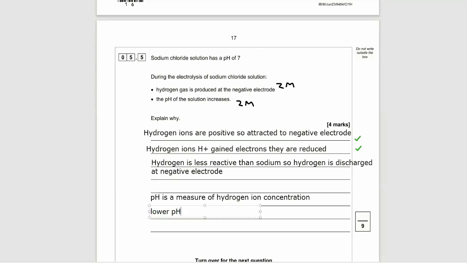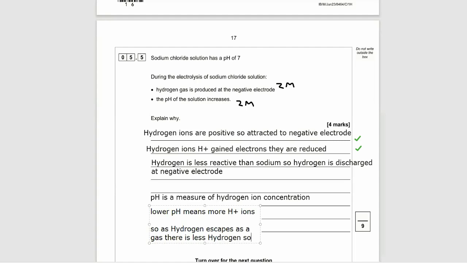Right, why does the pH increase? Why does it go up, i.e. go up from 1 towards 14? So pH is a measure of the hydrogen ion concentration. It's actually the log of the hydrogen ion concentration. So pH 1 is 0.1 mole per decimeter cubed. pH 2 is 0.01 mole per decimeter cubed. So as the hydrogen escapes from the solution, there are fewer hydrogen ions in the solution,